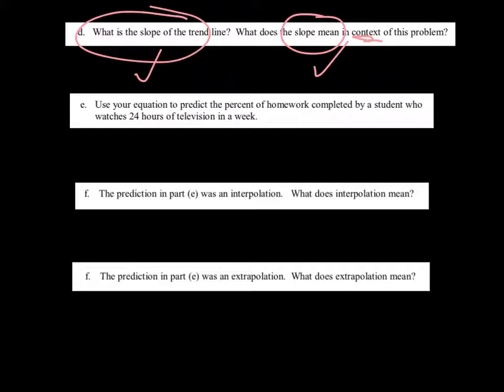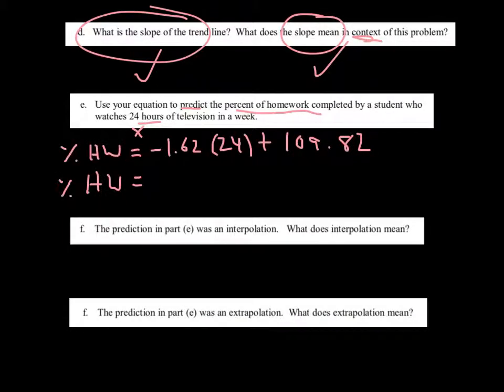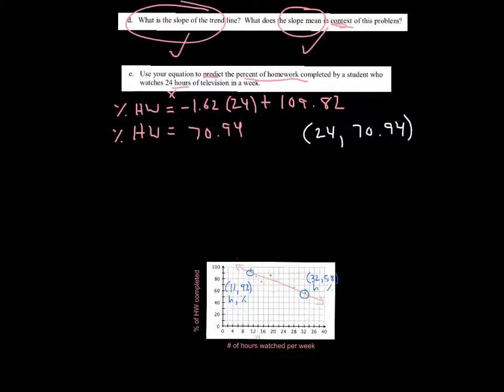Now we're going to use the trend line to predict the percent of homework completed for a student who watches 24 hours. So what do we do? We substitute 24 in for the x value in our equation. Okay, so here's our setup. I substituted 24 hours of television in for my x value because that's what hours of TV was per week. And now you crunch out the final number. What percentage of homework would we estimate this to be? All right, did you get 70.94%? Hopefully. Now, as a coordinate pair, that's 24 hours of TV per week with an expectancy of about 71%